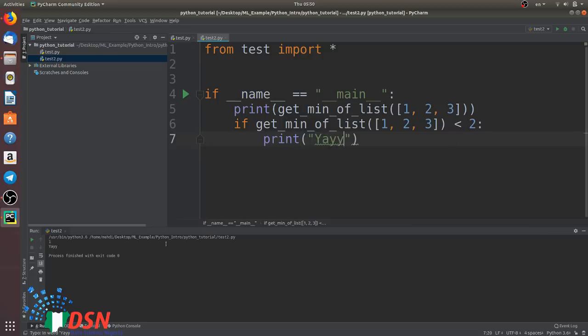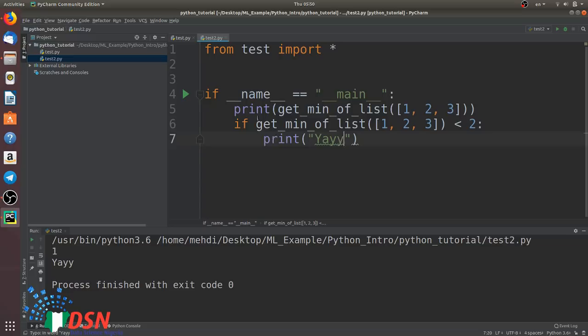Okay, now as you could see in here, for this print I will have 2 indents. Okay, the first indent is for this scope, because all of these lines are in the scope of this if. Okay, and the second indent is for this condition, because